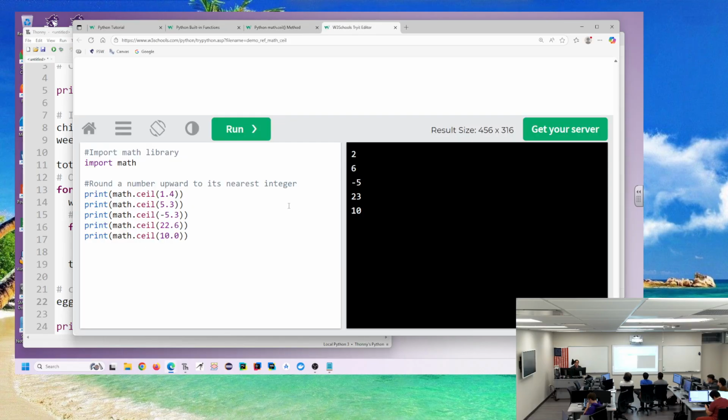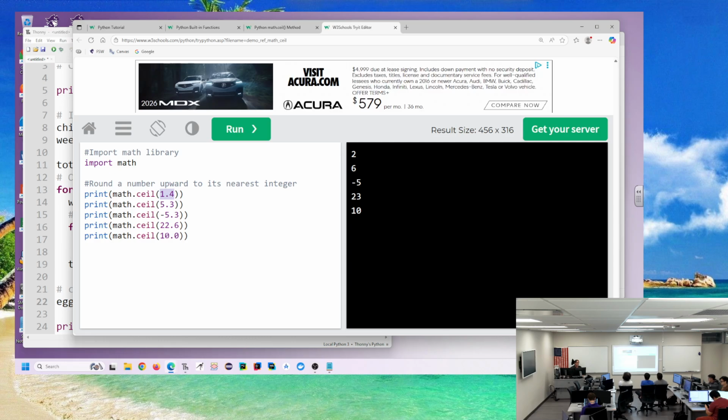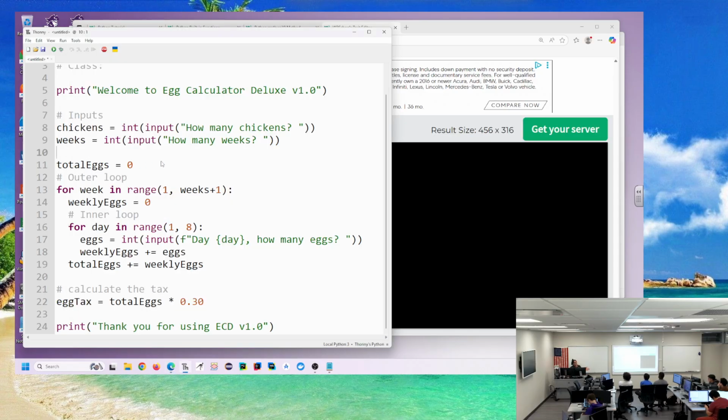Okay, so 1.4 goes up to 2. 5.3 goes up to 6. Negative 5.3 goes to negative 5. Well, you have to input math. Yeah, so that's possible. So I'll give you a little trick. Basically, when I started programming, we didn't have all these fancy math libraries and ceiling functions and all this kind of stuff. So if I wanted to round something, I could do this trick where I said,